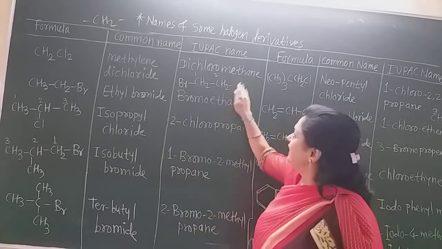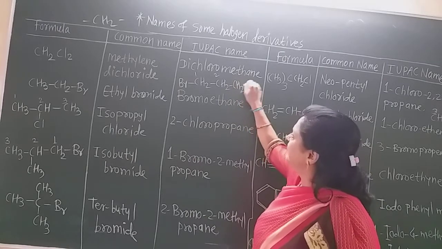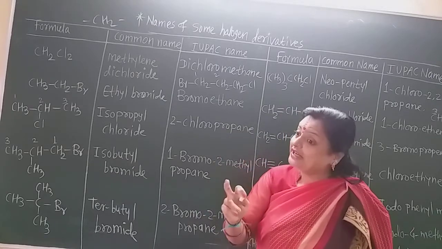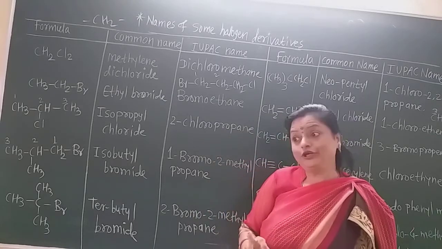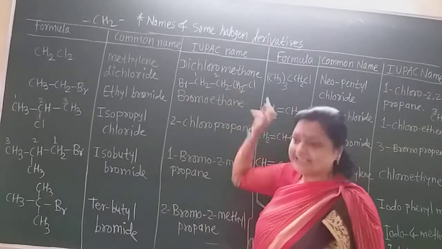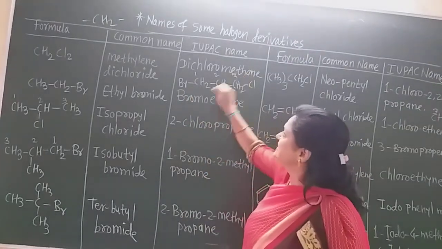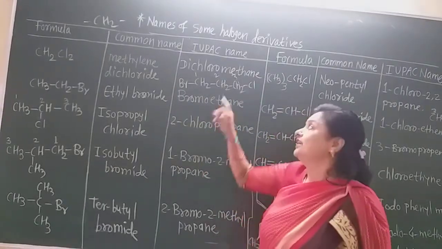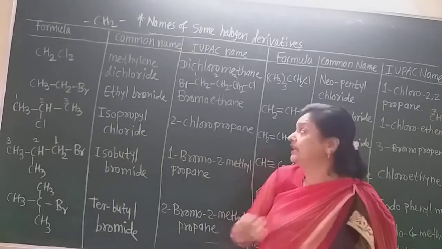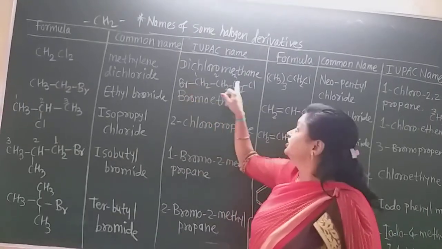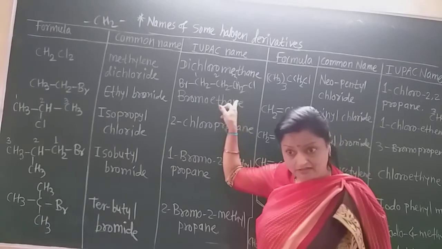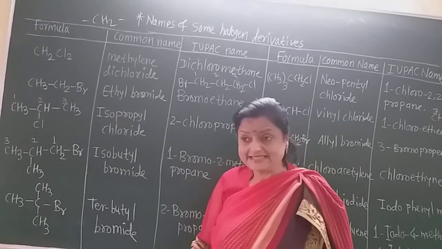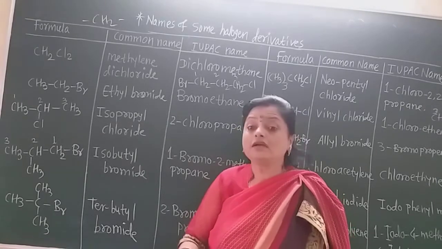Remember that. If again one CH2 group is there, and there is any chlorine, suppose iodine, any, then give the name alphabetically. I already told you that. First B comes and then C comes. So numbering is from this side. Suppose bromine is on this side, then we give the numbering from this side. Now the name of this dihaloalkane is 1-bromo-3-chloropropane.